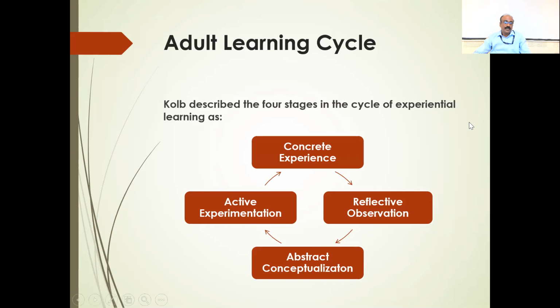Experiential learning. So what is Kolb's learning cycle? Adults learn by analyzing and applying new information to their own life. Learning is more effective when it is designed with this cycle in mind. So if you are going to design a learning encounter or a learning session for your learners, if these four stages are in your mind, you can definitely design an effective learning cycle